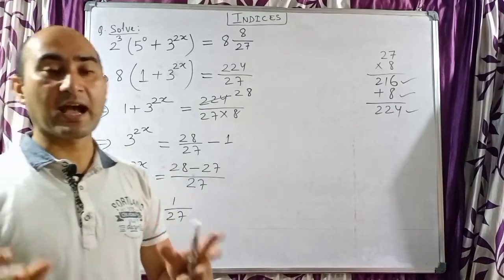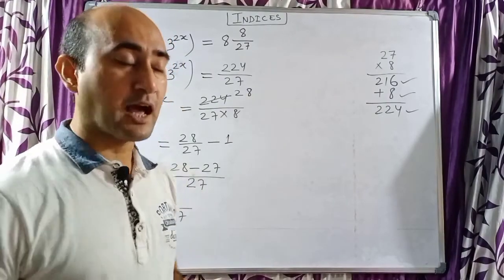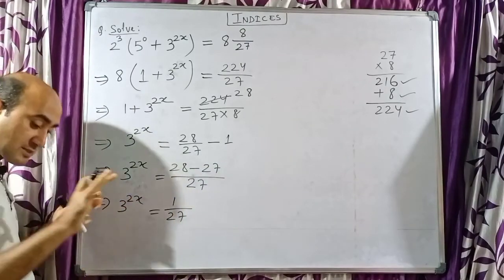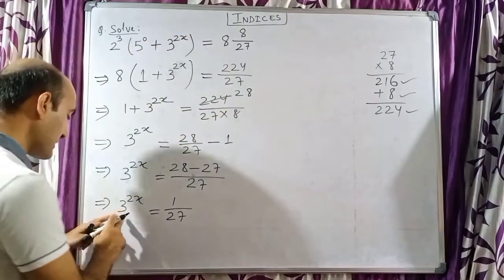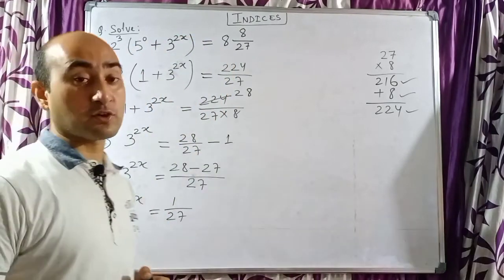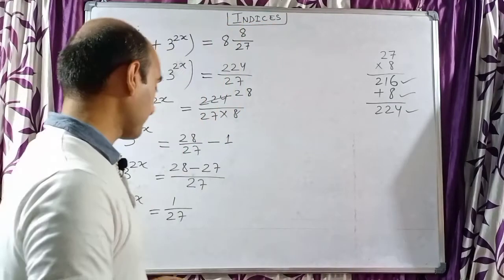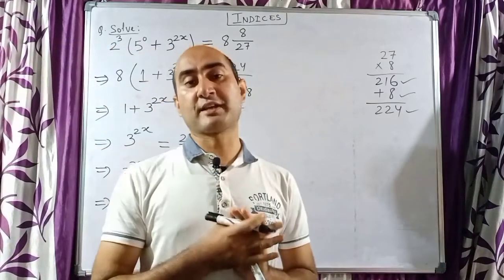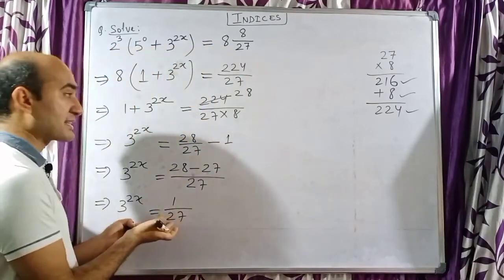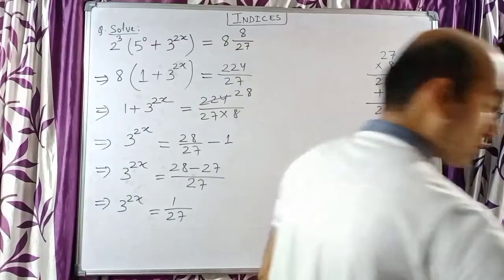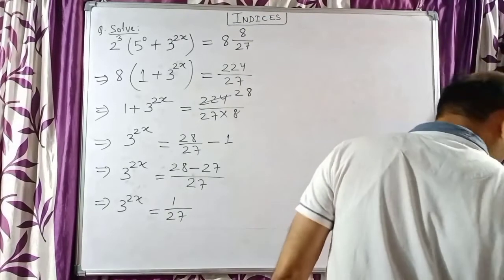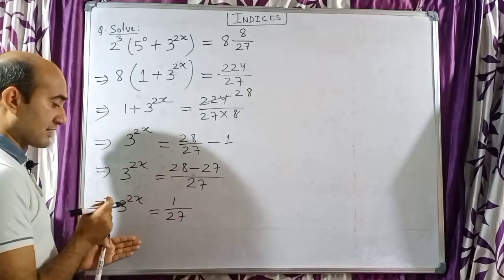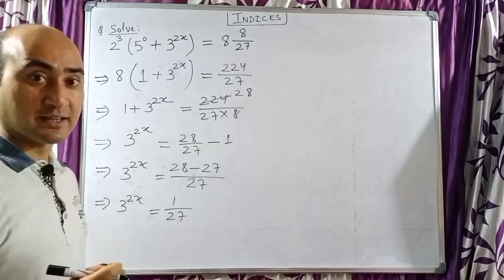So now children, we have come to a very important point. Now what you have to understand, to make power equal, the base has to be equal. So its base is 3, and this 27 also can become cube of 3, but here 3 is at the numerator and here 27 is in the denominator. So what you do, you try to make this 27 in the numerator. So you all know children, that when anything from denominator goes up and becomes numerator, and numerator comes down and becomes denominator, what happens?